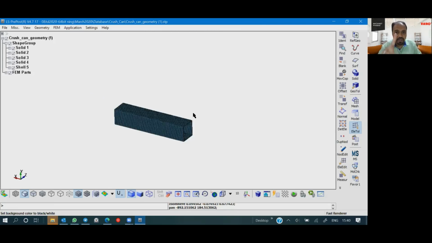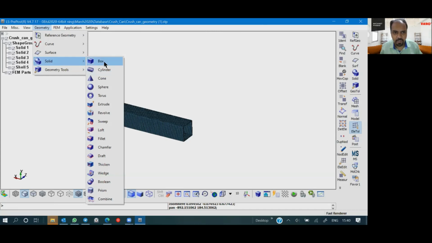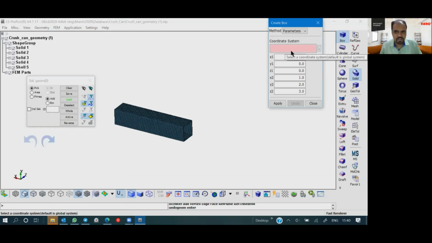Now the assignment for you guys is you create this kind of a box, because you now know the geometry. So very simple, just create a box. Maybe you can use boolean operation. So you can simply try this, create a solid box. Very simple, I'll just show you. You can simply create a box,